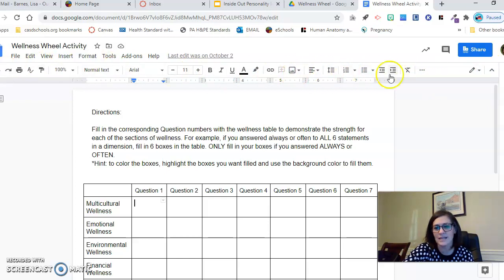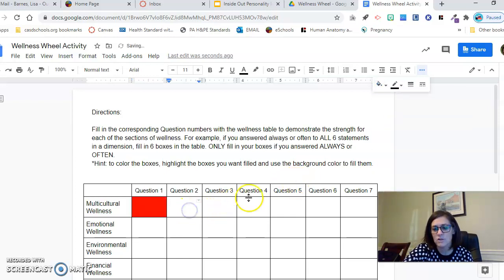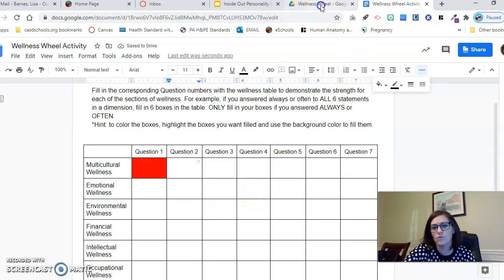If the paint can's not here, click on these three dots for more. You're looking for this paint can that's tipped over that says background color. And then you're going to fill it in. So you need to have your